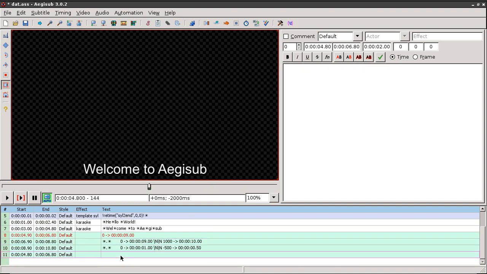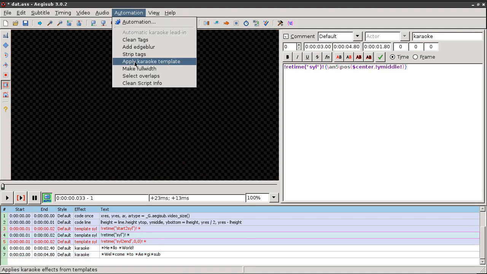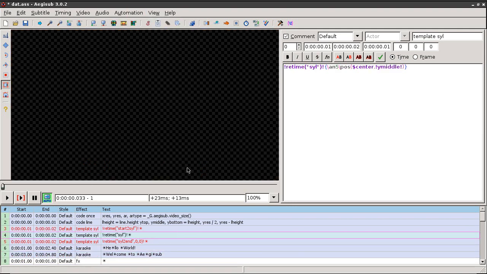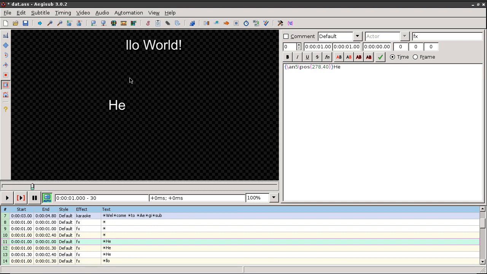And if I apply this with the default value of the start and end adjust, you can see the first syllable of the start to seal never appears if you use the 0 value, the default value, because the start time of this syllable is the same as the start time of the line.